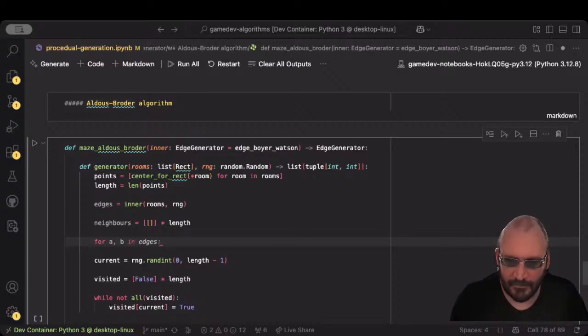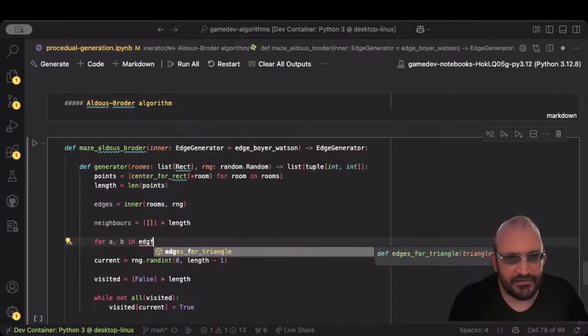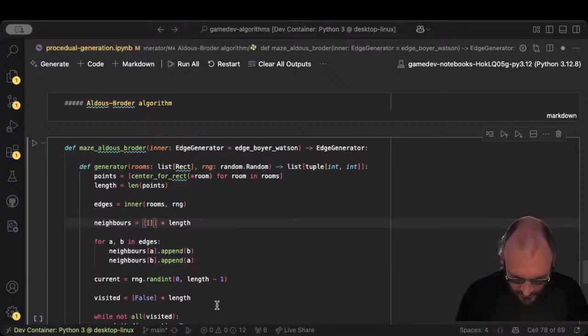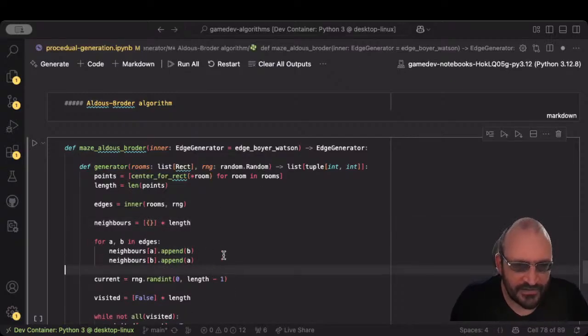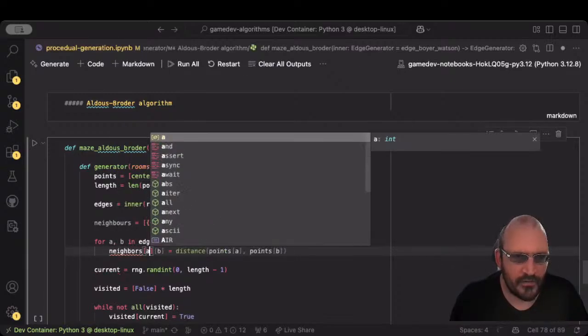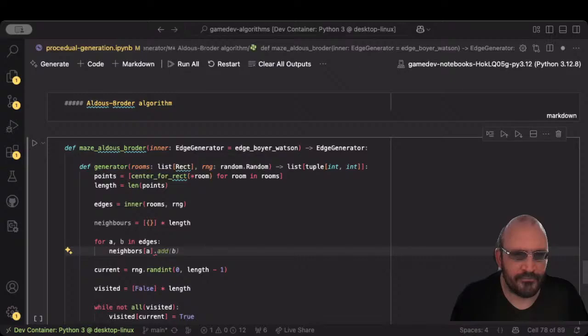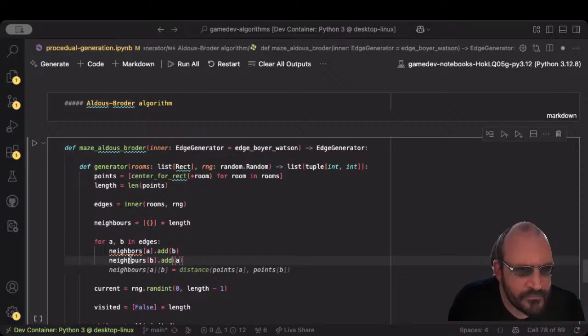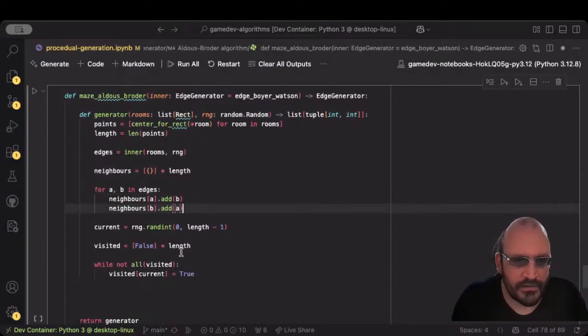So we'll create a array of arrays, sorry, a list of lists, and then for each of the edges, we'll create a list of sets actually. Then so that should give us a